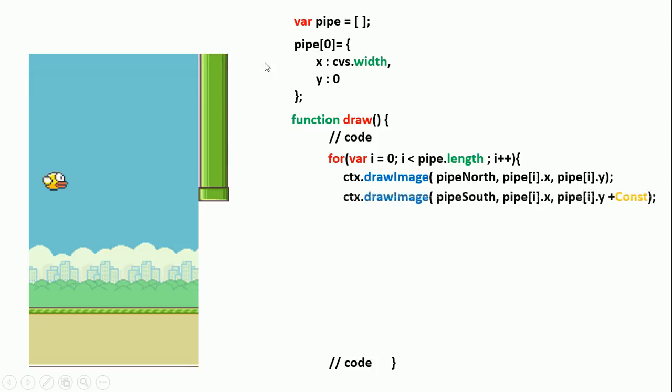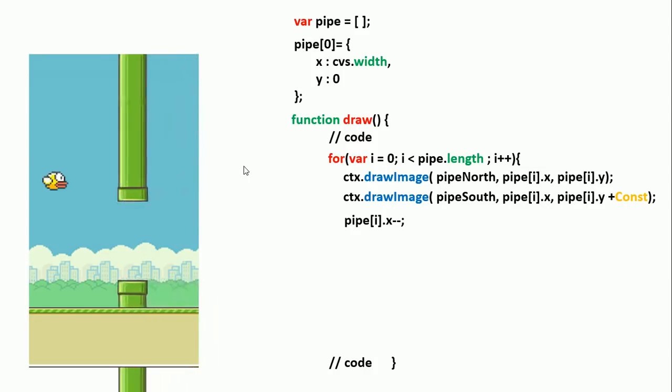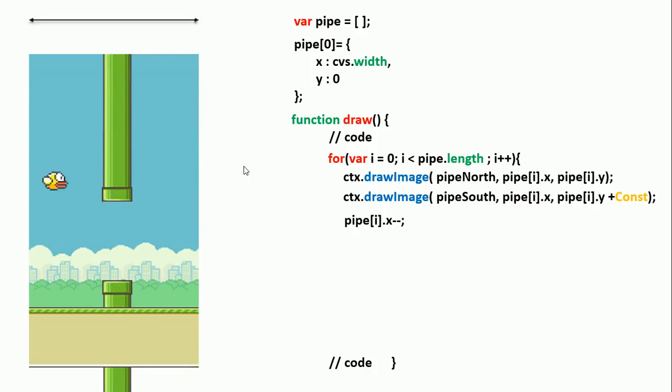And for the pipe south, it could be right here. Now to move our pipes, we will say pipe[i].x--. So our pipe here will go from the right to the left, just like this. And now this is our canvas width. This is, for example, 188 pixels. So what I want to say here is when our pipe reaches this position, we have to add new coordinates